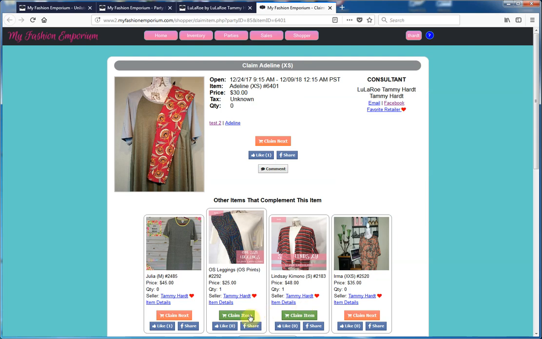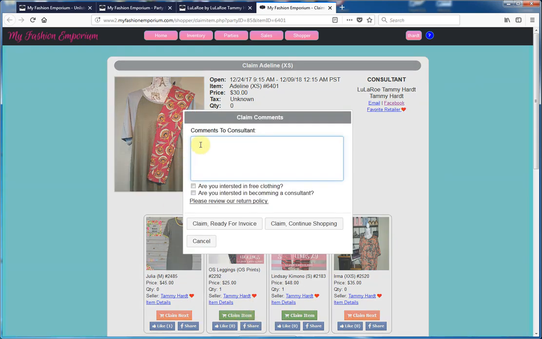Now, should I decide to actually claim an item, the shopper has the ability to add comments here, request if you're interested in free clothing, interested in becoming a retailer. Show your return policy, which can be put in under your account settings menu. And if they're done, they can claim ready for invoice, let you know that they're ready for the invoice, or they can continue shopping. So if I push claim ready for invoice,